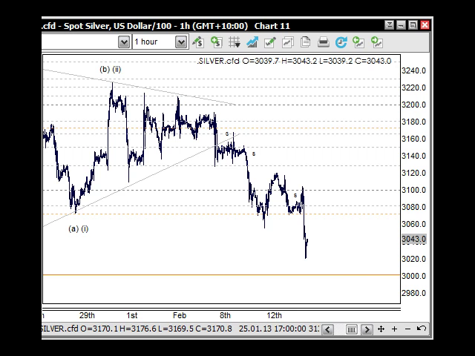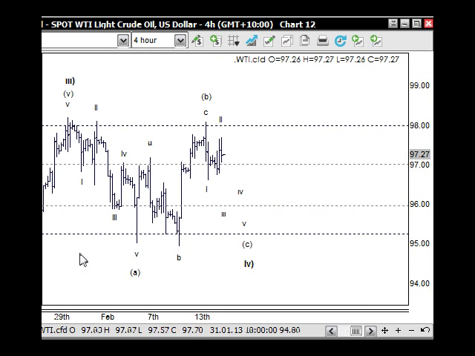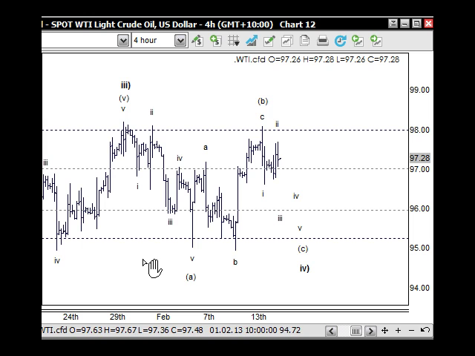Okay, the oil market. This is a 4-hour chart here. We talked about this yesterday in the bigger picture, but what we're looking for here is we've got the top of wave 3 here. We're looking for the wave A down here, and then the B wave is always in 3 waves. So we're looking at this in terms of an A and a B and a C here, and that works out nicely.